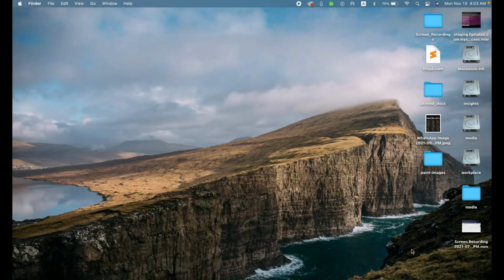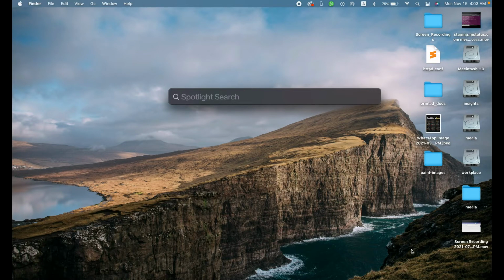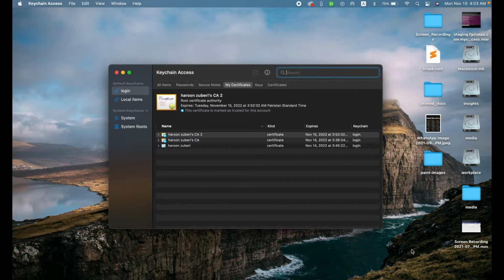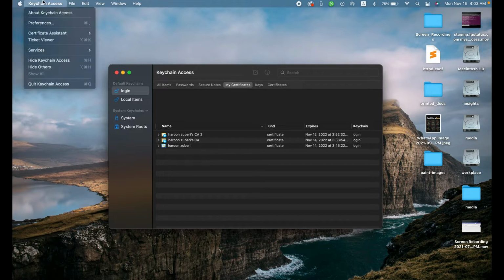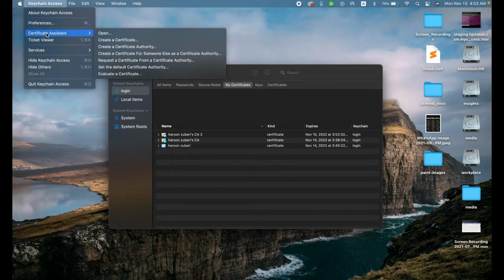I will let you know a very simple way to create a code signing certificate. In step 1, you just need to open up Spotlight and open up the Keychain Access. When you open up the Keychain Access, it will give you all the certificate authorities and the certificates that you have already created. To create a new one, you just need to click Keychain Access at the top, Certificate Assistant, click Create a Certificate,